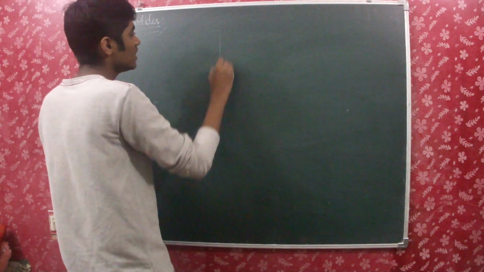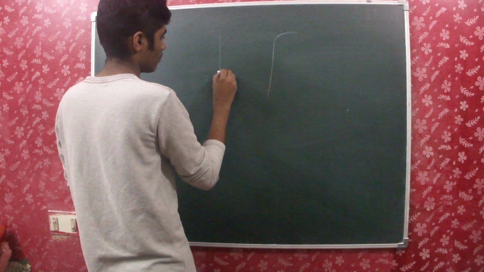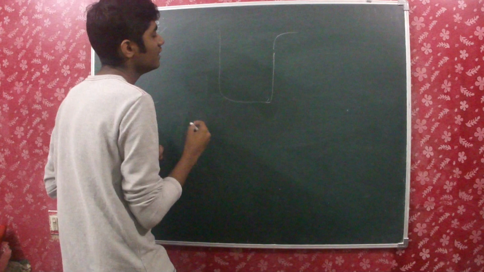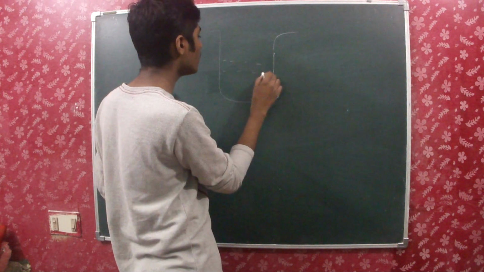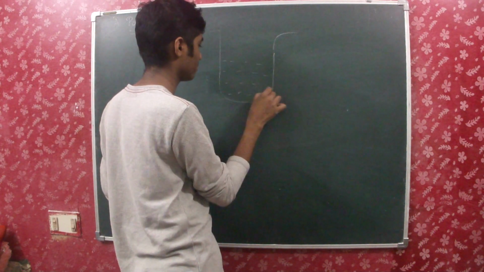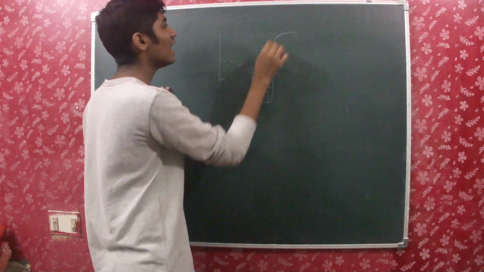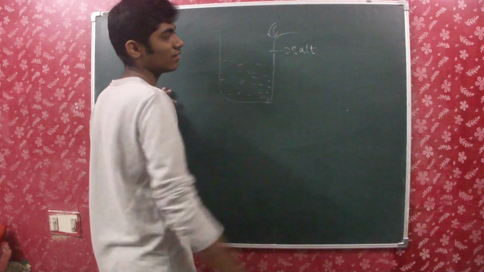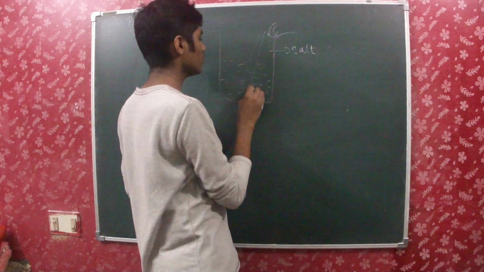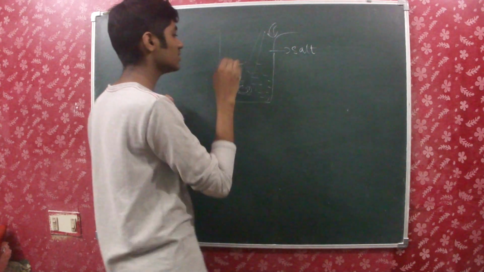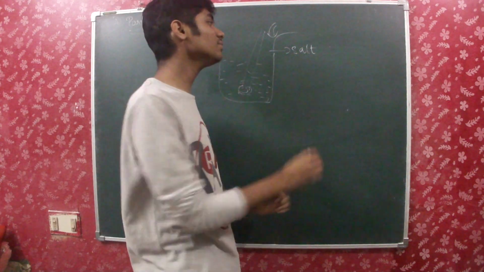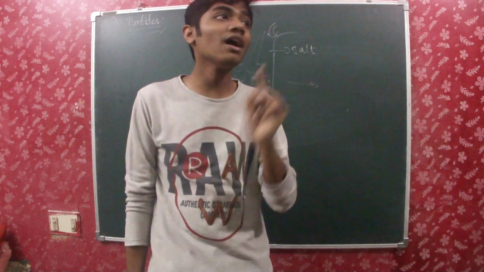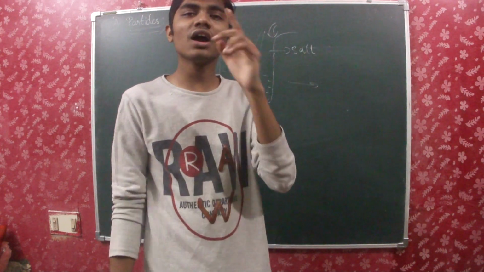So they took a beaker filled with half amount of water and they added some salt here. After some time you immerse a glass rod and stir it. So after some time what will happen? Can you figure out where the salt is? The salt which you added, the sugar which you added, you can't figure out, right?